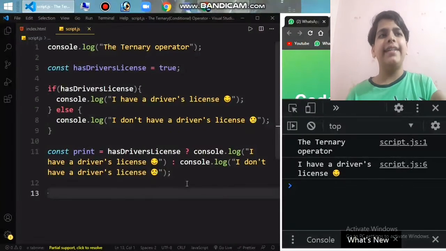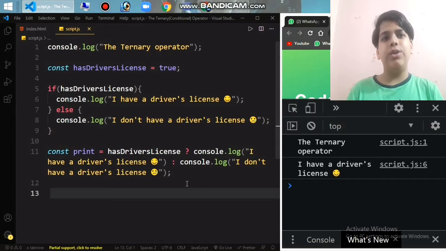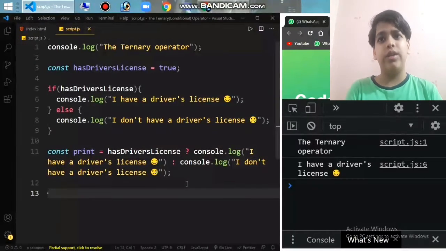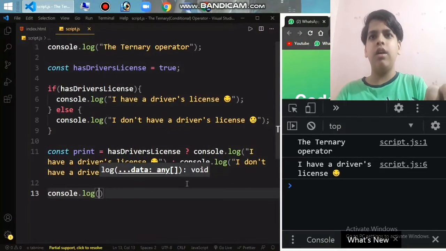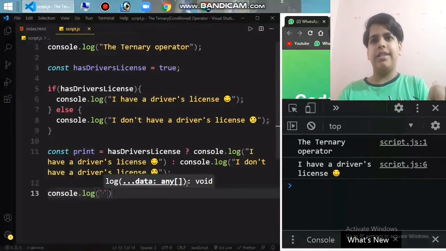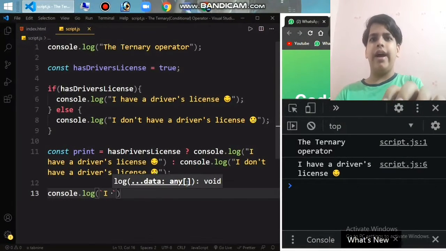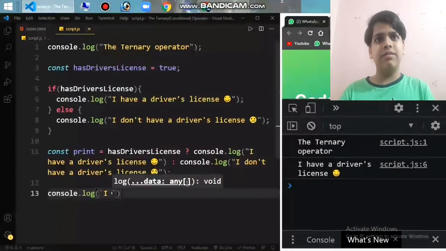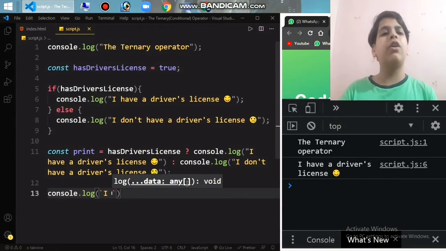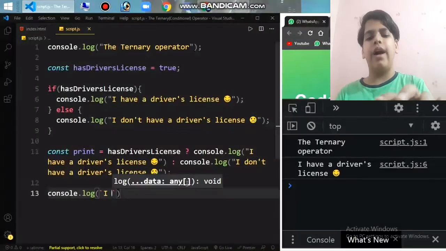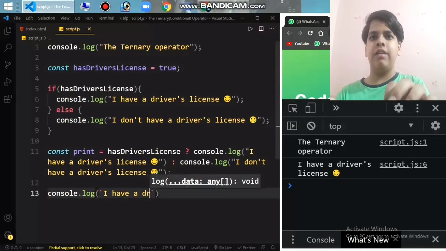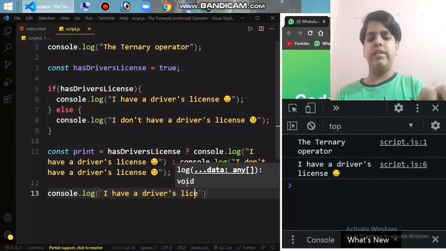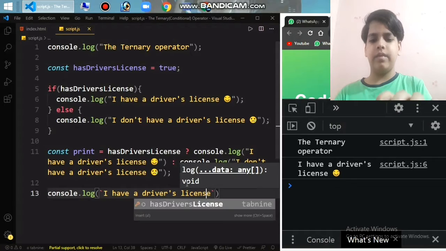And as I told you, it is an expression, so there's one more benefit. Suppose I want to write console.log. A simpler way to write this is console.log I have or don't have a driver's license. Suppose I have a driver's license.